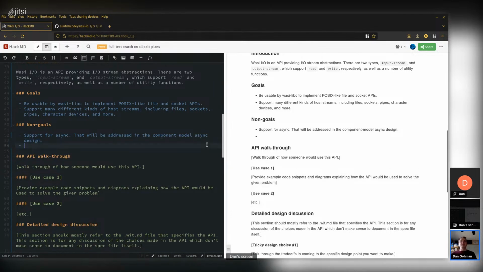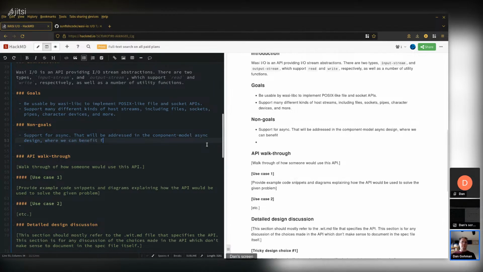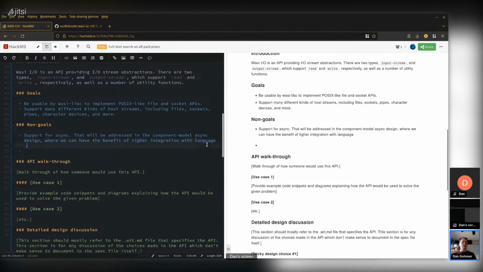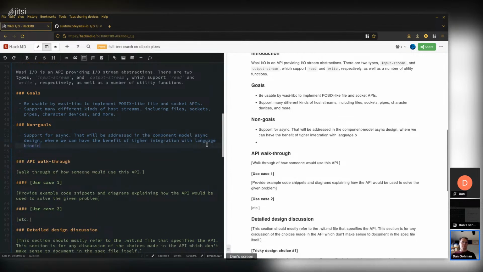We know that async is important, but we're going to do that more properly with component model async built into the language. Bindings. So other non-goals here.